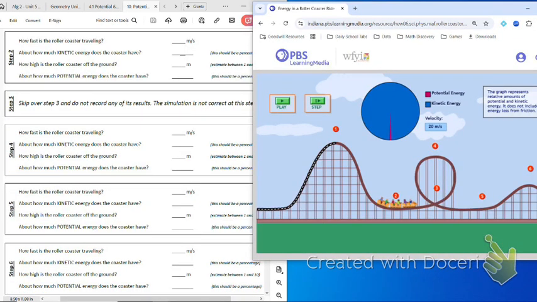For step 2, here's the pie chart, here's the velocity. You need to decide down here what number you want that to be out of 10. If this is 9, that should help you pick. Your kinetic and potential energy questions need to be answered in a percentage, and you're just going to estimate because they don't give you any numbers in the pie chart. But if this is really close to being all the same,